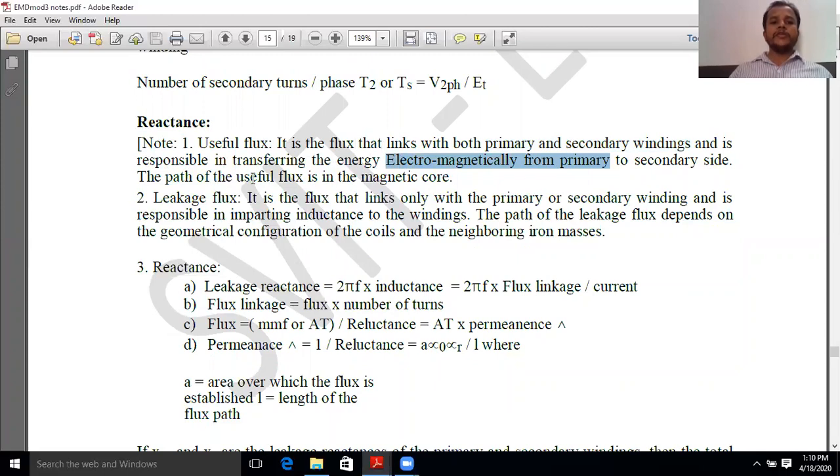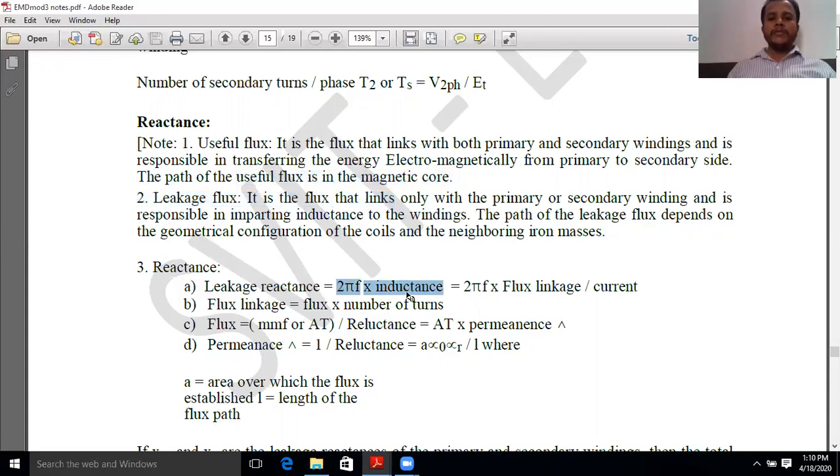The path of the useful flux is in the magnetic pole. Leakage flux is the flux that links only with the primary or secondary winding and is responsible in imparting inductance to the windings. The path of leakage flux depends on the geometrical configuration of the coils and neighboring iron masses. So the leakage reactance is equal to 2 pi f into